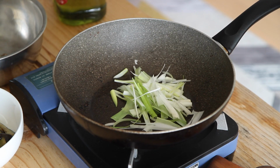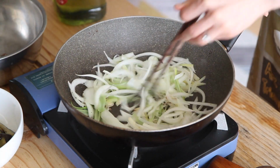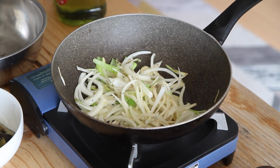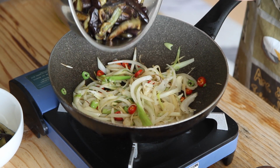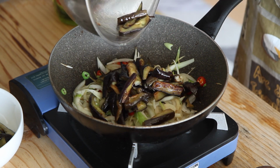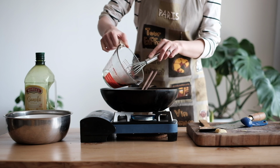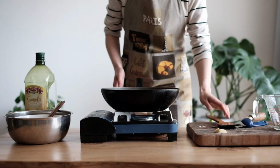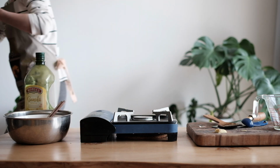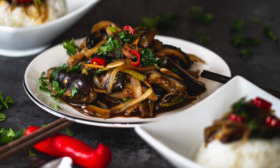Once the eggplant is done, take it out of the pan and cook the aromatics. Yeah, and once that's cooked down, you can add the eggplant back in, and then you add the sauce. You want to reduce the sauce down and it will get absorbed and also boil off and thicken up on its own. But we went back to the kitchen again because the fire is just not good this time. Yeah, so that was our lunch that day. It was good, but we knew we could make it better because we've been making it so many times